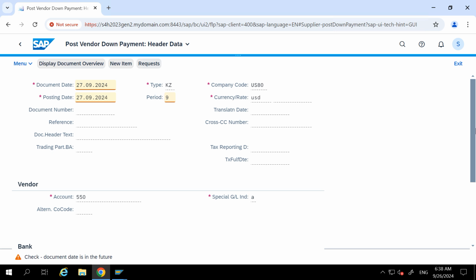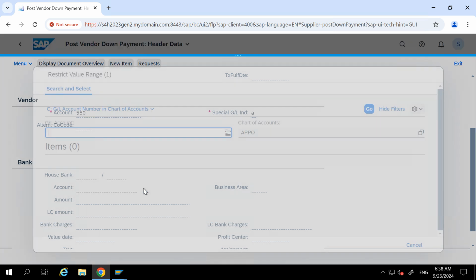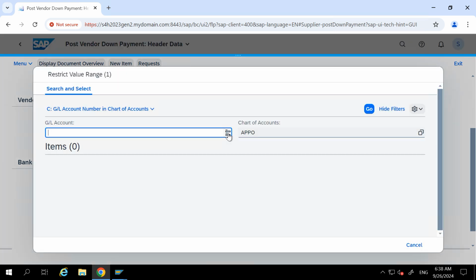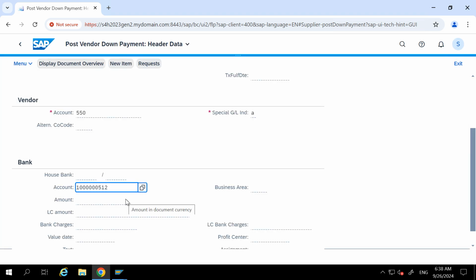So enter all this detail what is required. Okay, give here bank detail, go to here, select this outgoing bank, give amount here,